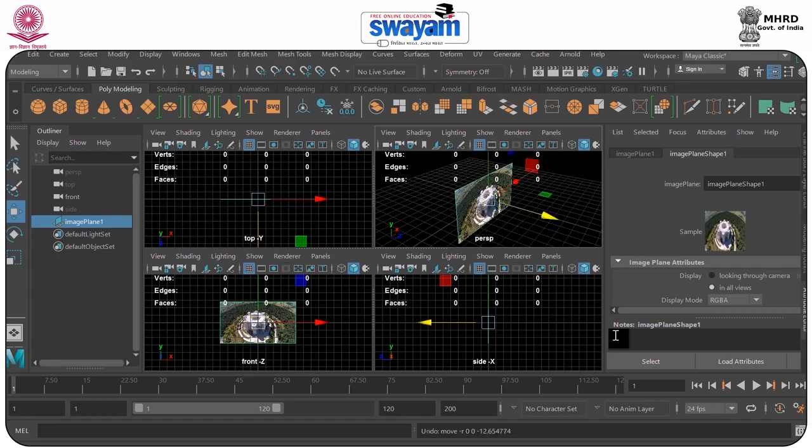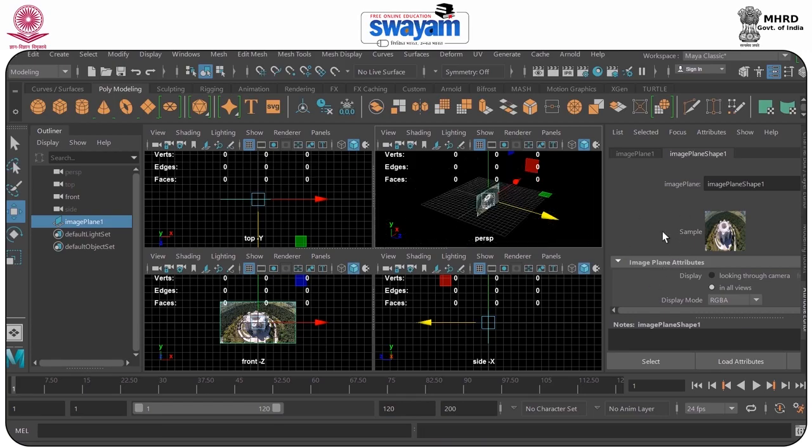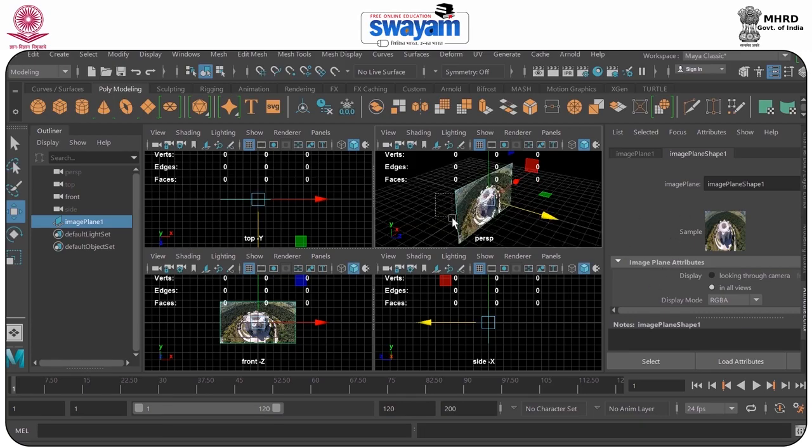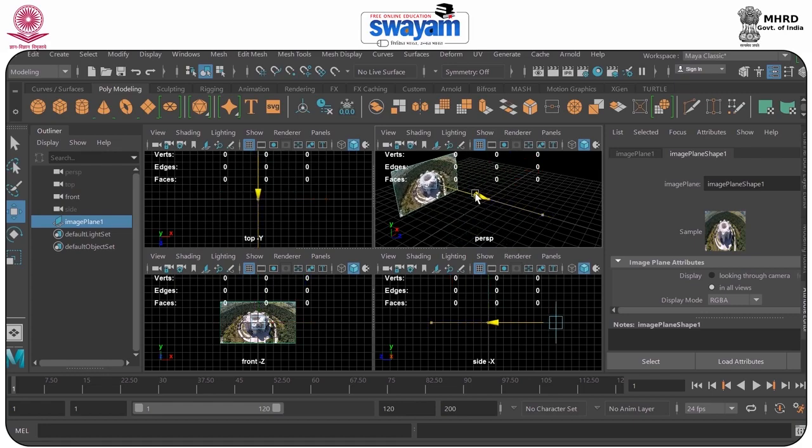As I discussed earlier, by default the image plane is created at the 000 axis, so you can move your reference with the help of the image plane attribute, or manually you can simply select the image plane and drag it in the z axis.